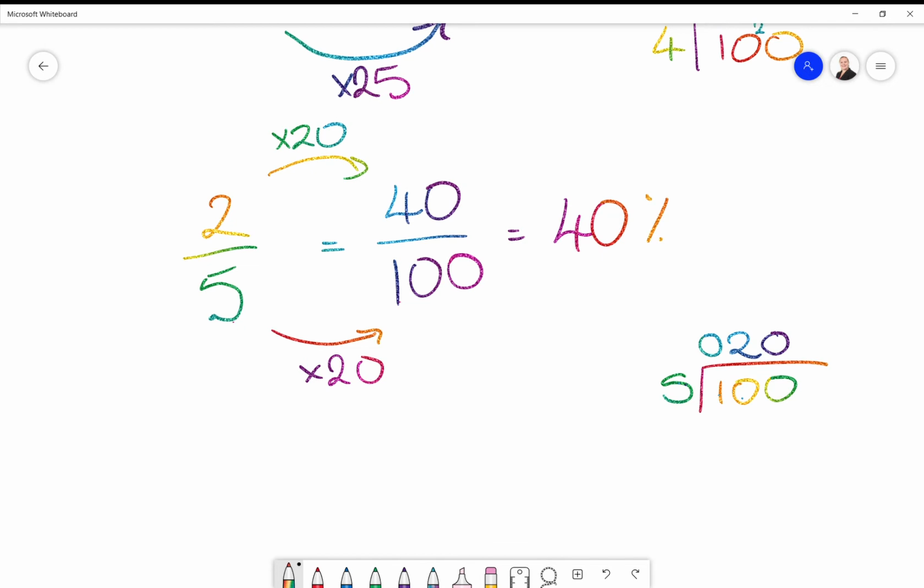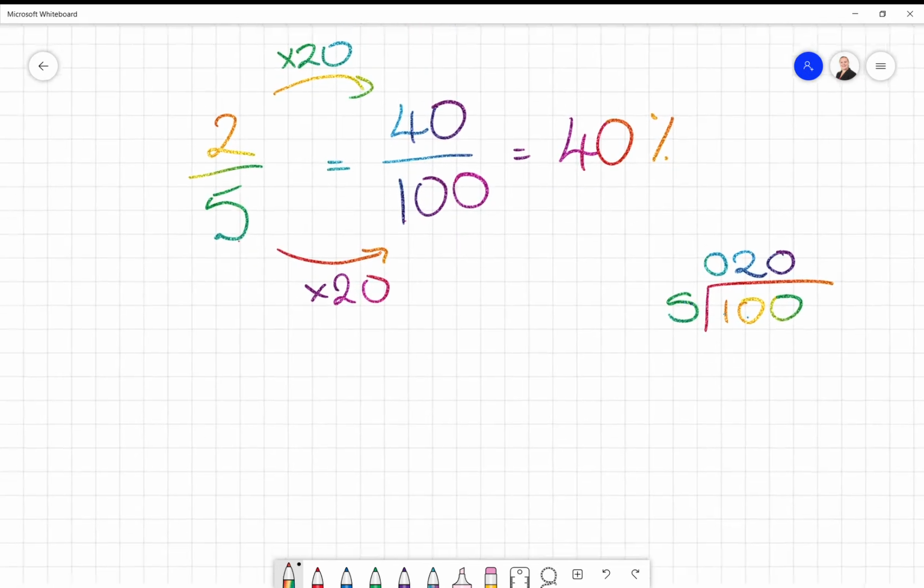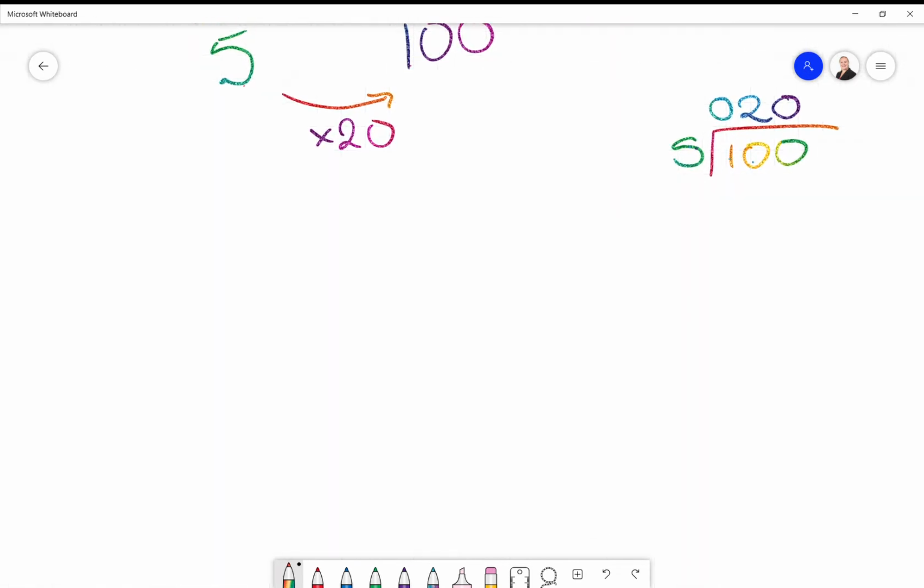Right. Let's try a really tricky one. I'm going to try two types of tricky ones here. I'm going to do a medium tricky one first, and then I'm going to try a tricky one. Okay, so my medium tricky one is, I'm going to say